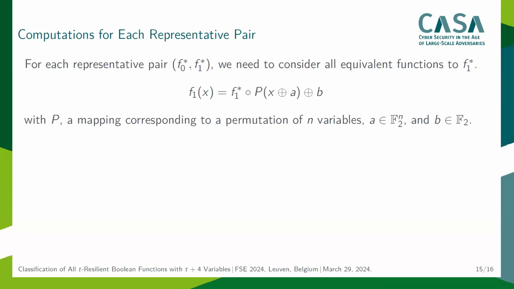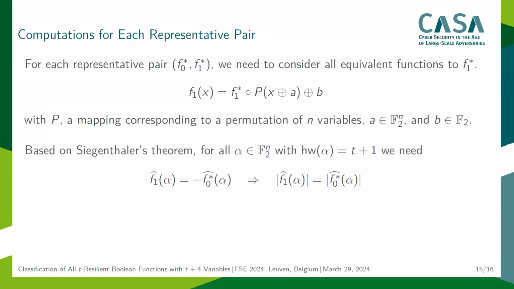Now we need to check all the permutations P and constants A and B. And then we check if this equation holds for all the alpha points with weight T+1. If this holds, we know their magnitude would be the same. But we have this equation between F1 and its representative F1 star. And if we put it in this equation, we will have an equation based on only P and not A